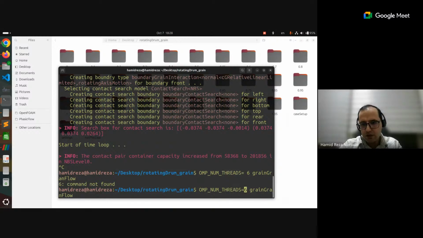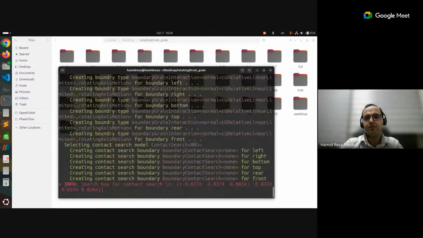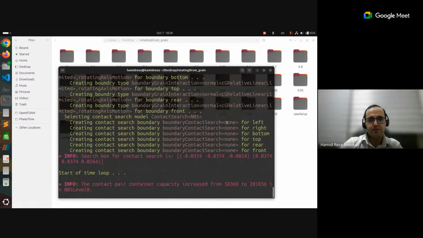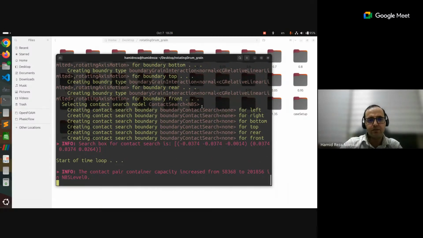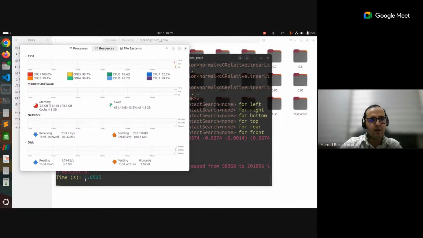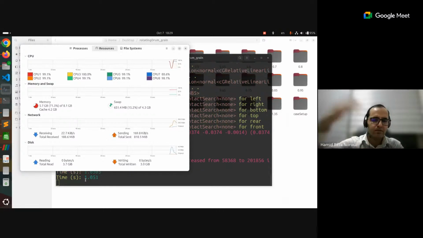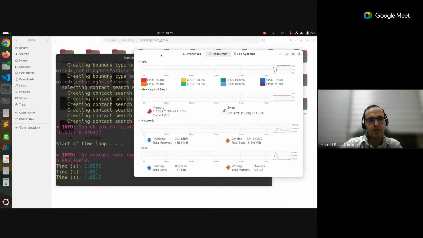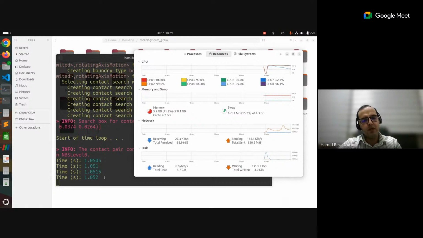Sorry. It starts from time 1 almost, because I just transferred it somewhere else and continued the simulation there. That's why you see that it starts from time